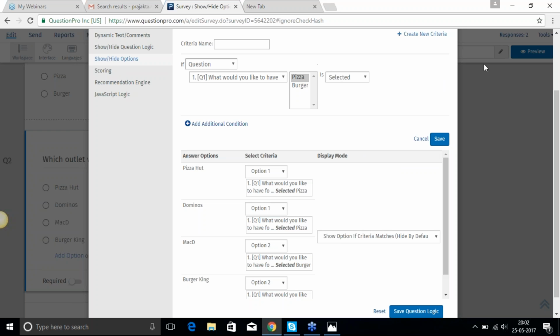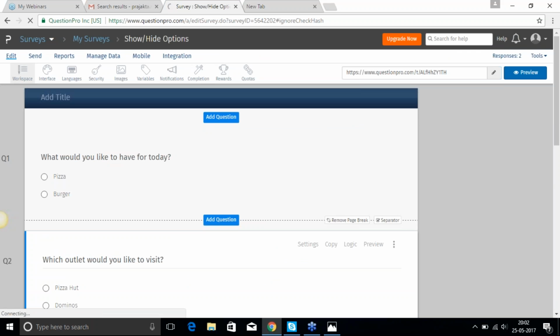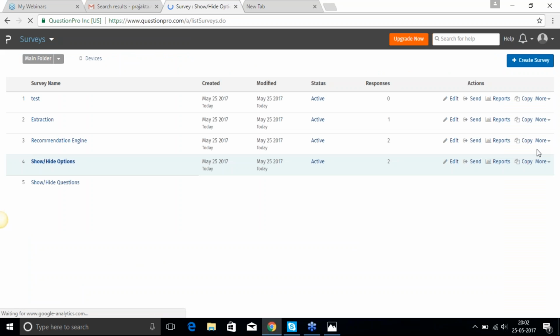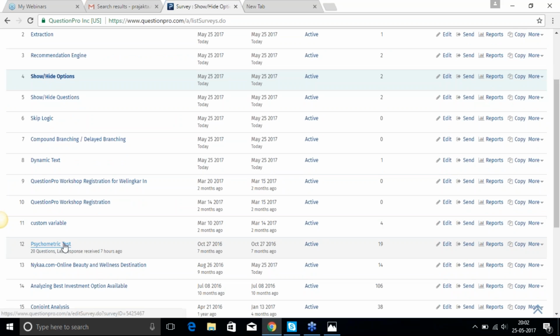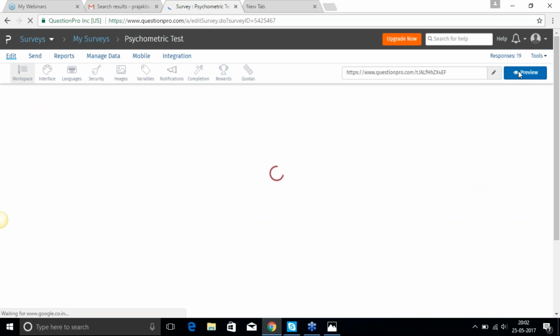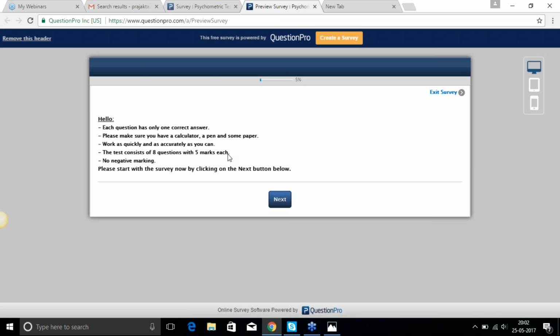Now we'll be moving towards scoring logic. Scoring logic is again a simple one. That is, you can rate the options which you are adding to your survey. So maybe I have created a test. I'll just preview this for you. So this was the introduction,